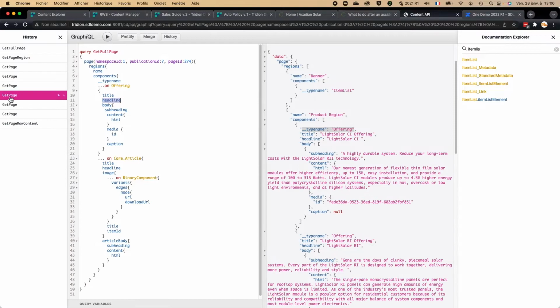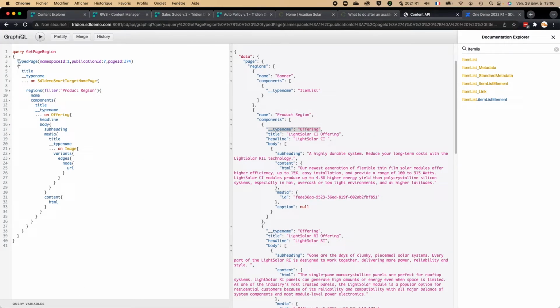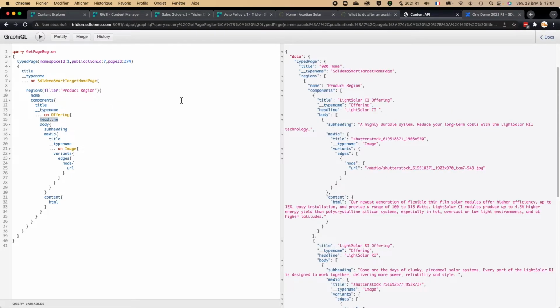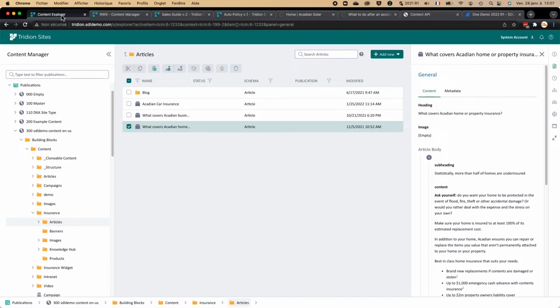I have another example here where you can get a single page region. So you can filter regions by name and only get those back. So here I focus on the product region and really get only the offering components that I want to retrieve there. And I ignore the rest of the content from that page. That's also very nice to extract content, pieces of content that you want to display as teasers or in particular channels. So I think one demo is pretty much packed with new features because the software is also including lots